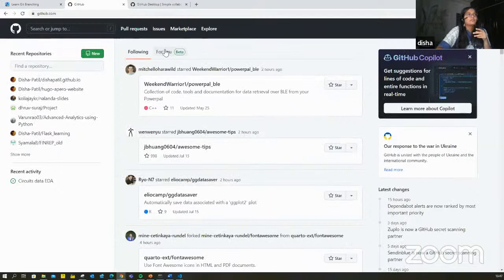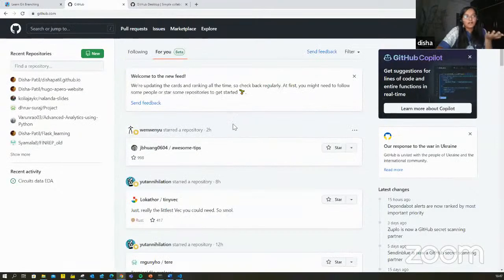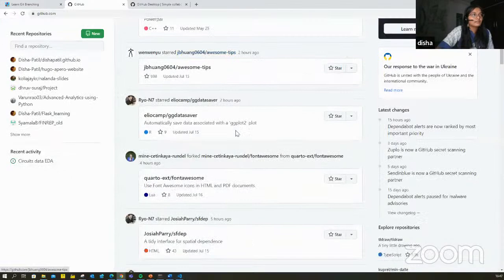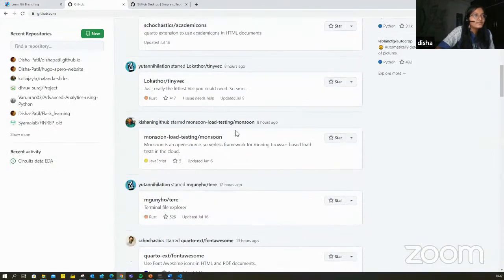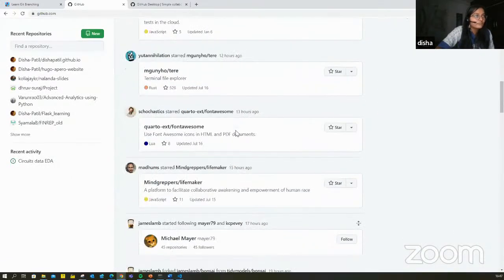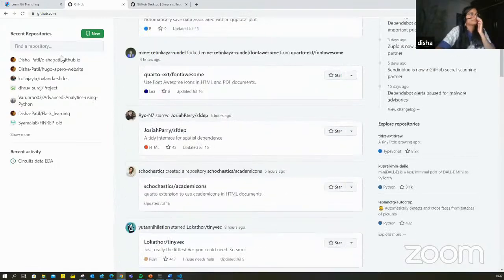Then there is "For you", which shows the accounts that GitHub is recommending me to look into depending on my history of work on GitHub. Suppose I go into this, there would be somebody using transformer updates.